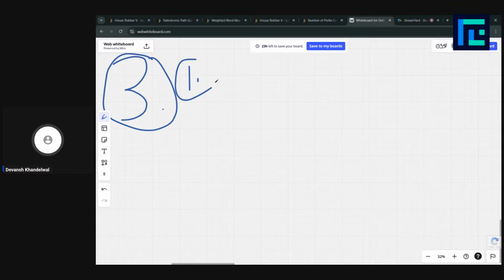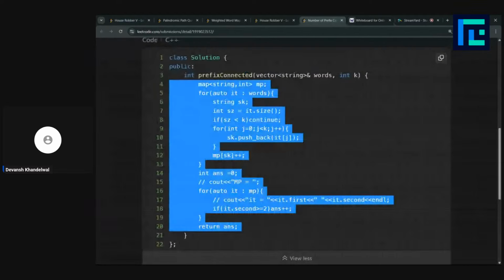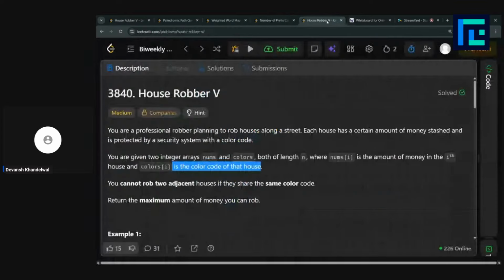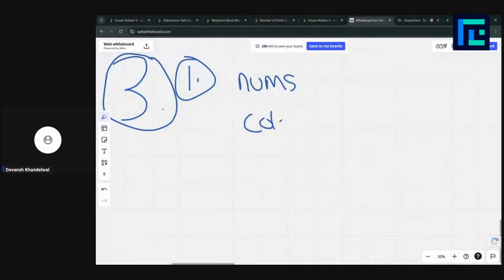So the first thing is that we are given two arrays. One is nums, and the other one is colors. The nums array tells us the money in each house.